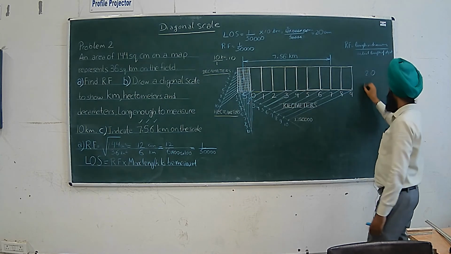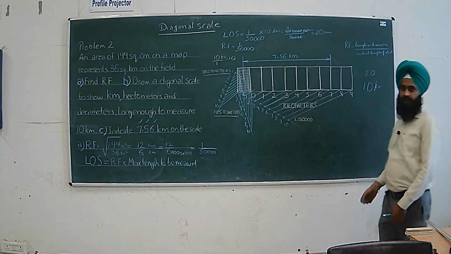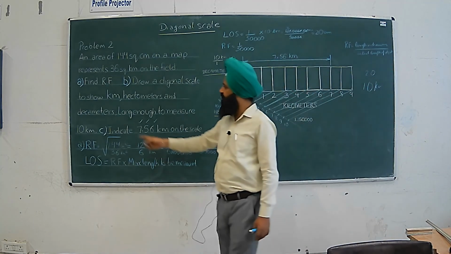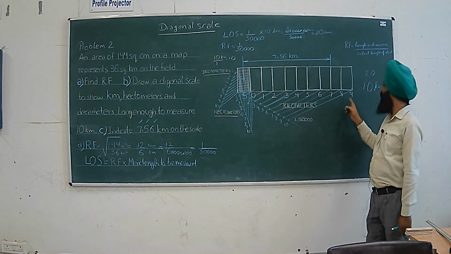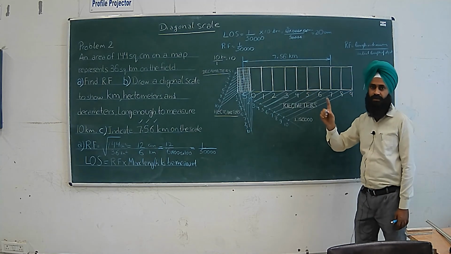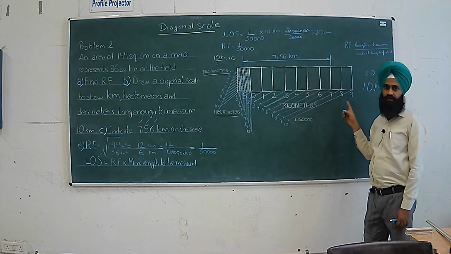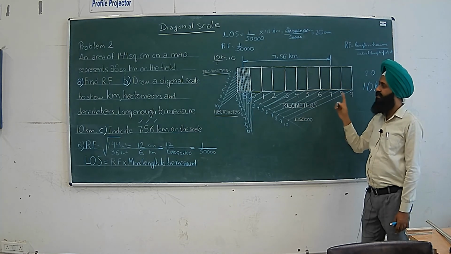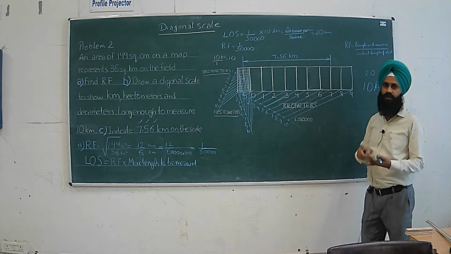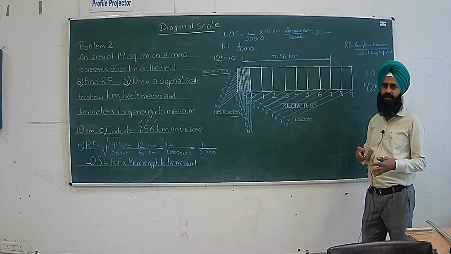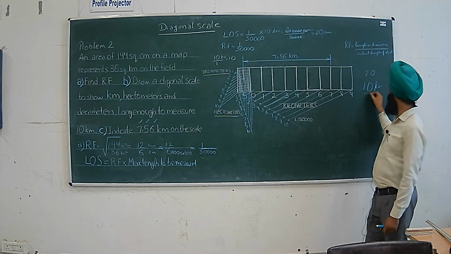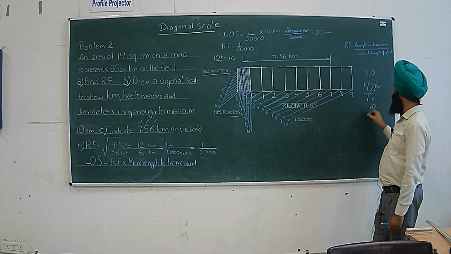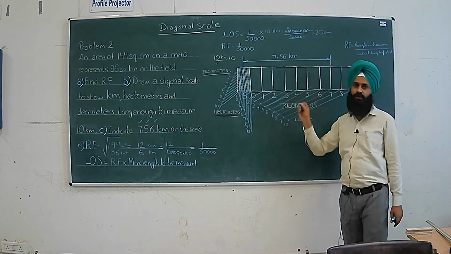which is representing 10 kilometers, but the biggest unit which we are representing is single kilometer. So we divide it into 10 equal parts so that each part will represent single kilometers. This line is of 10 kilometers and each part is representing single kilometers, because we are to show kilometers, hectometers and decameters. There is nothing tens or hundred of kilometers. It's starting with the single kilometer. So we divide this with single kilometer to get 10. So that's why we have divided into 10 equal parts.